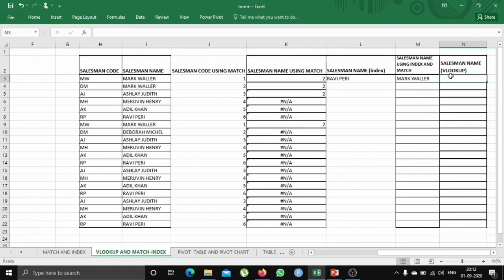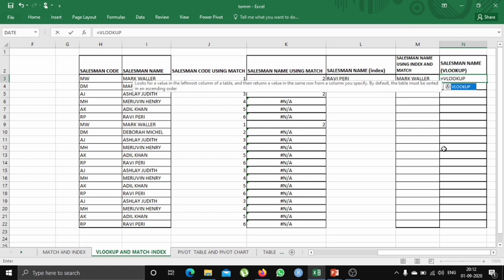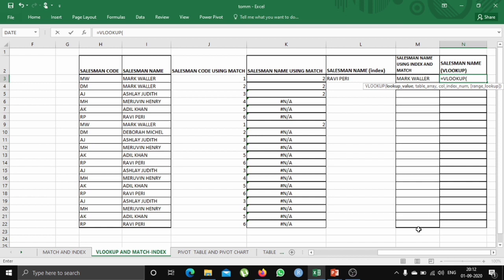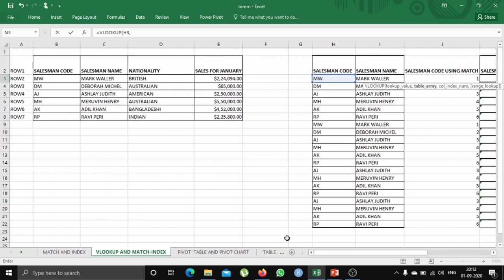Now let's proceed ahead with the VLOOKUP function. As I have mentioned in my previous video, VLOOKUP is specifically used for columnar data, when the data is running through the columns. Now select the lookup value, then the table array. The table array here is to be selected with multiple columns. Now enter the column number you want, either the first column number or the second column number. Since we want the salesman name, we select the second column number and close.